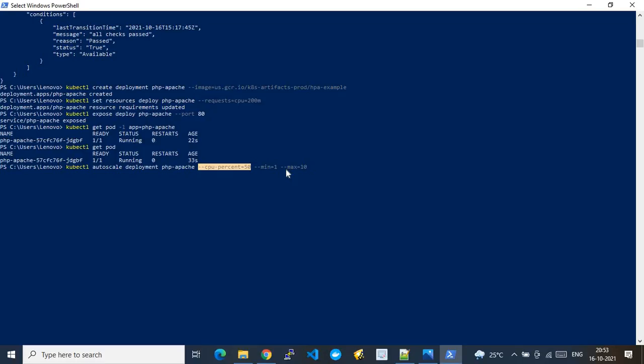Okay, that's what this horizontal pod scaling configuration tells us. Under the hood it configures the configurations within the Kubernetes cluster. So you see the horizontal pod scaler configuration is successfully updated.